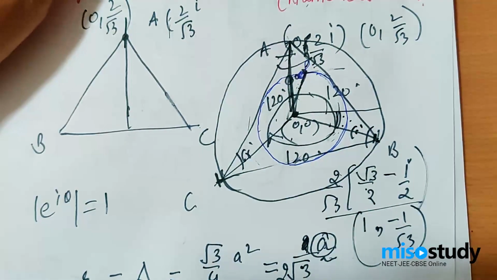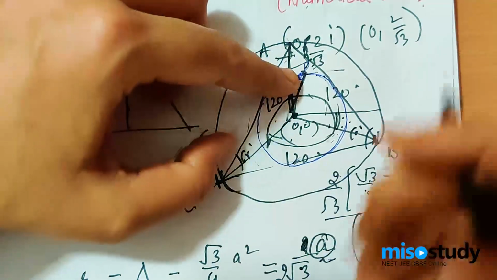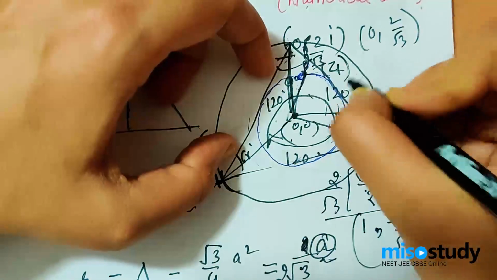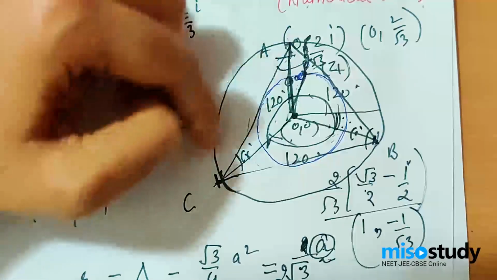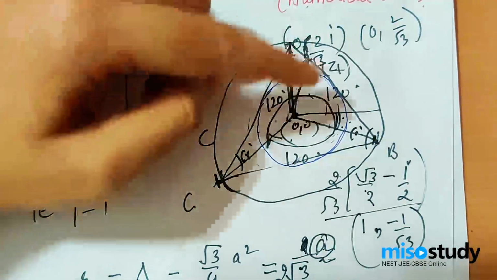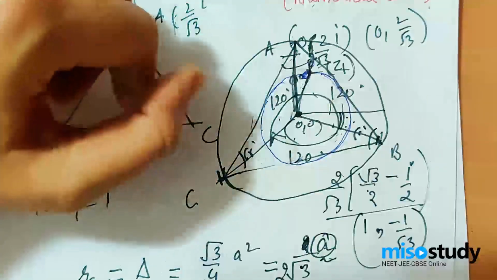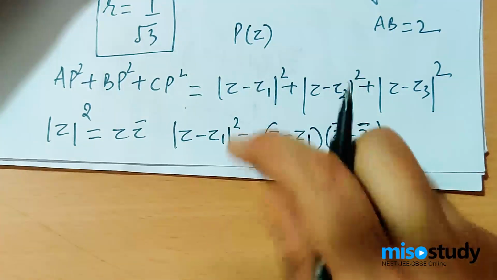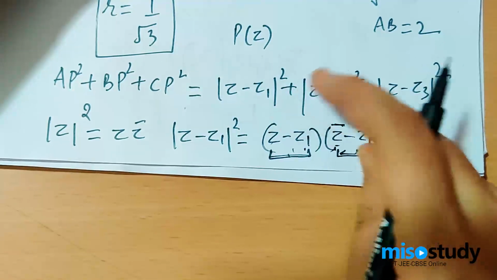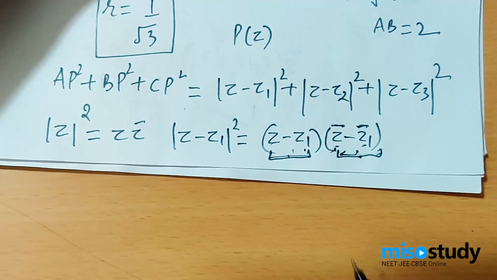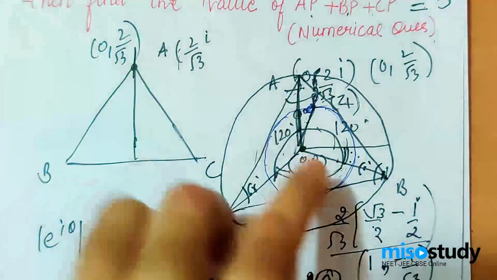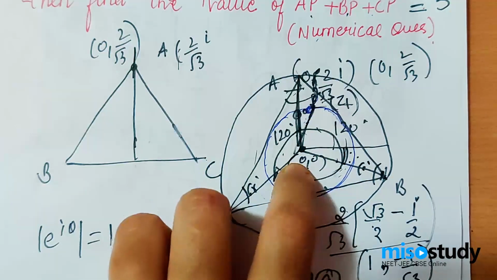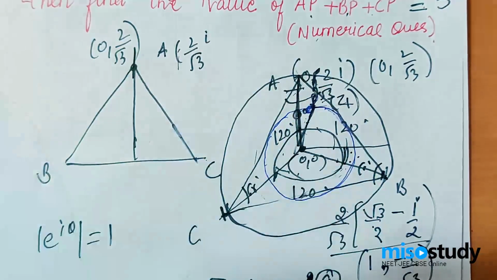Okay, for that let us assume the point P is Z1. If this is Z1, and I find AP square, BP square and CP square, what does that mean? That means mod Z minus Z1 whole square, mod Z minus Z2 whole square, mod Z minus Z3 whole square. So when I opened it, I realized that I need mod Z square, mod Z1 square, mod Z2 square and mod Z3 square. Mod Z1, Z2 and Z3 square are already known, but mod Z square is not known to me. So what is mod Z square? It is nothing but the radius of the incircle, because I am being told that this is the point on the incircle of the triangle.